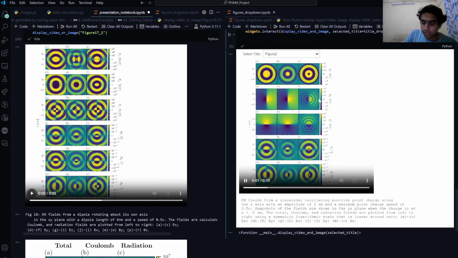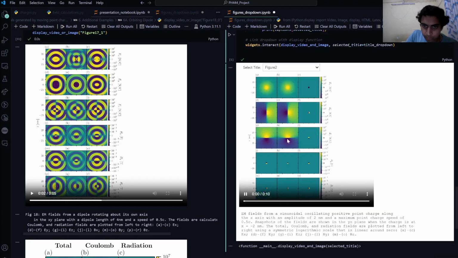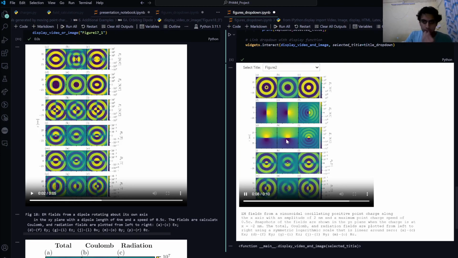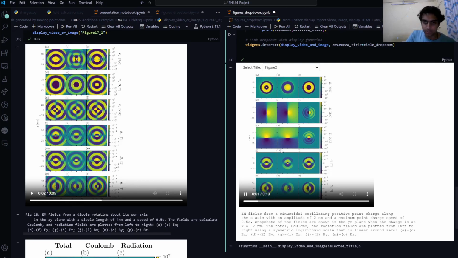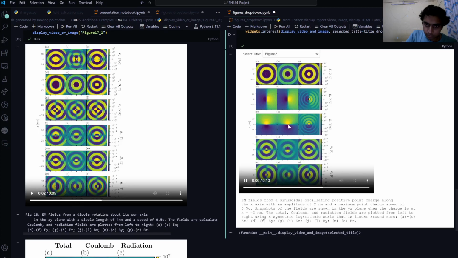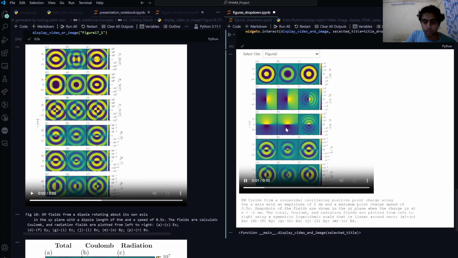As it's moving along the xy plane, you see here that in the positive z plane, the field is going away from the charge, and in the negative z plane, it is also going away from the charge, but it is negative in magnitude because it is minus z, correct. So if you were to think of having two such charges,